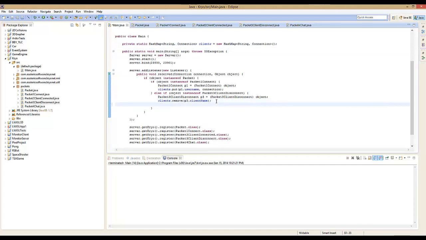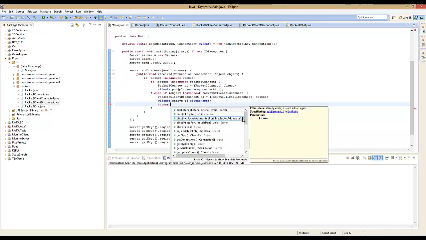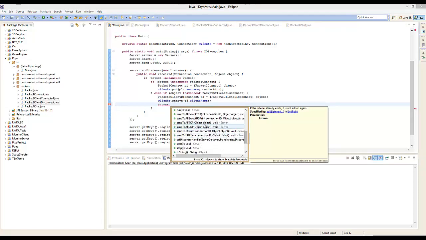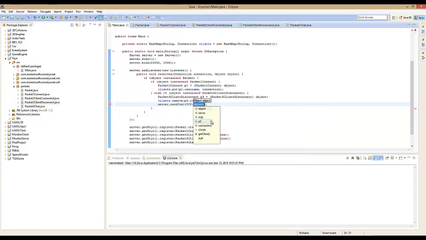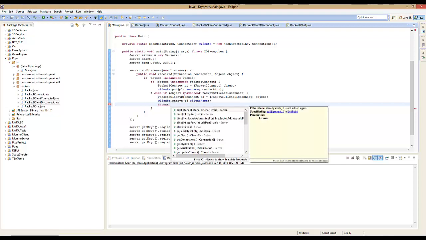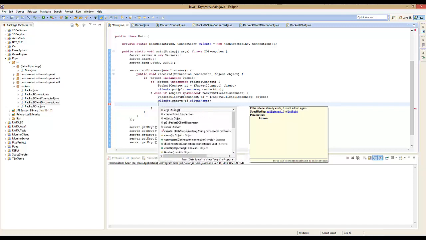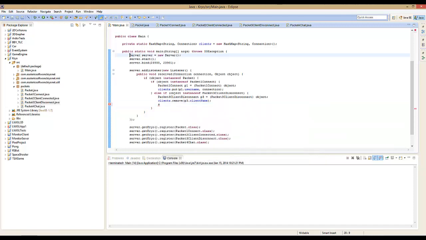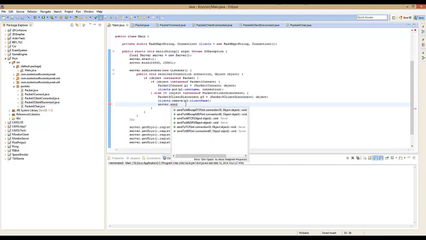And then what we can do after that is server dot send to all TCP p3. So now what this is doing is, let me do this. Now we'll just do server dot, trying to think what to do here. Alright, so first off, make this final. It's going to have to be final so we are able to change it. So server dot send to all TCP